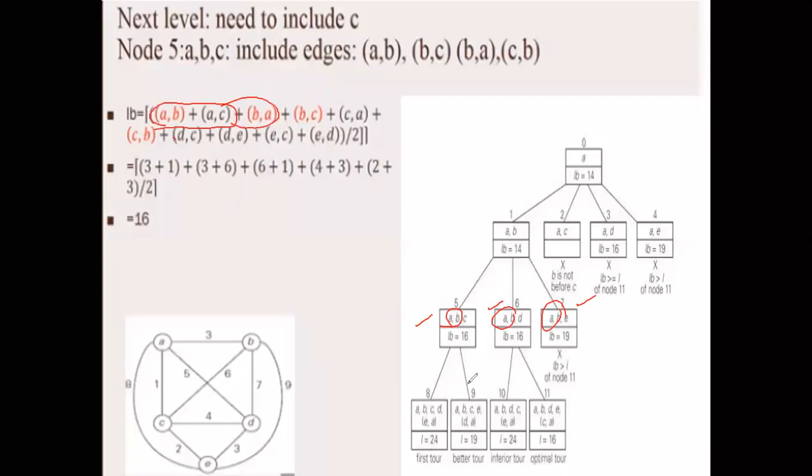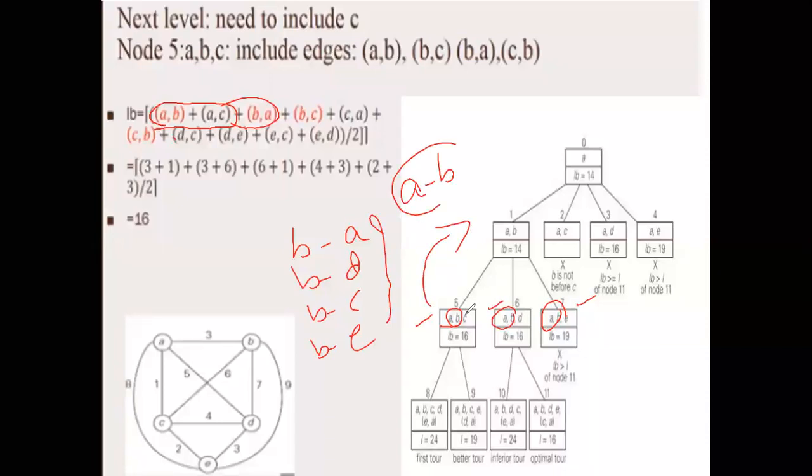So next what we are doing, irrespective of this, instead of identifying the one which is minimum, B to C we should consider. Okay, let me write and let me just show you. B to A, B to D, B to C, B to E. What we are telling initially from the previous node, we are telling A to B, there should be a path. If this is true, this should also be true. So you should include this also in identifying a lower bound. So this is done. We are not considering this.